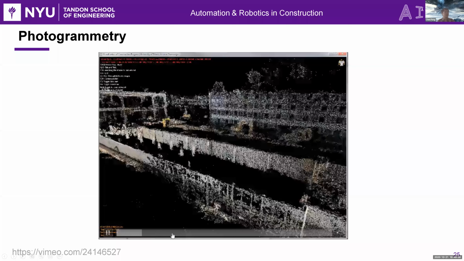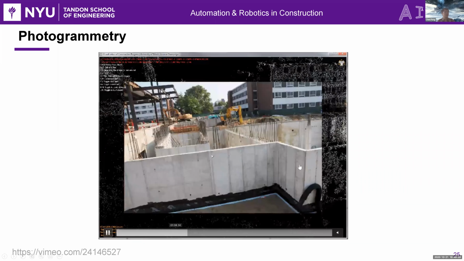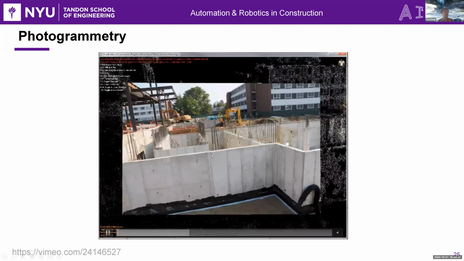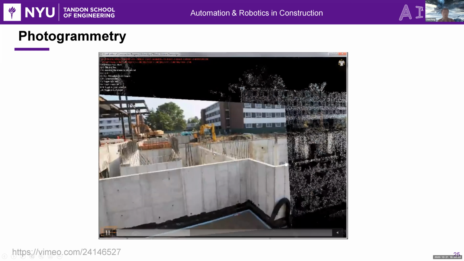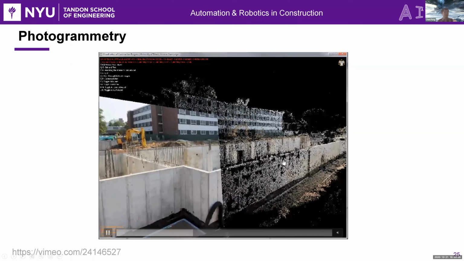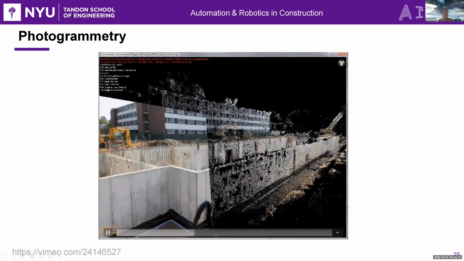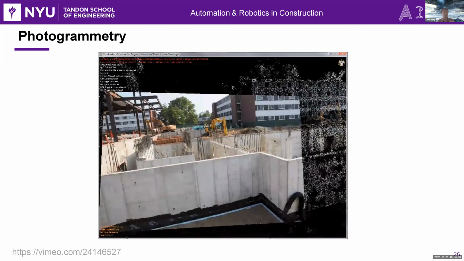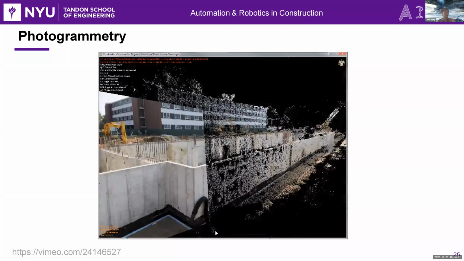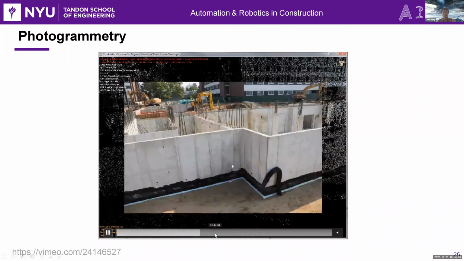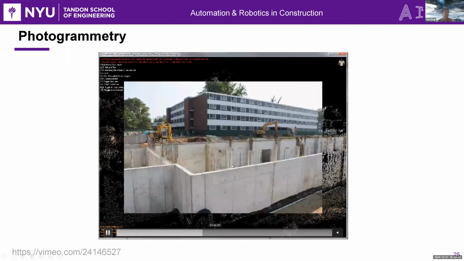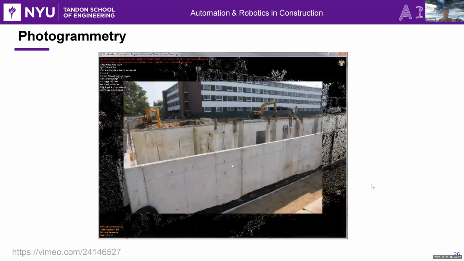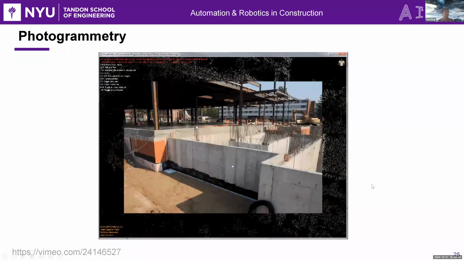And then you can overlay the photos that you took onto this 3D digital model and see what's going on at that specific date and time on the job site. This technology is right now being commercialized by this professor, and I think they're in collaboration with Oracle. So this is photogrammetry.